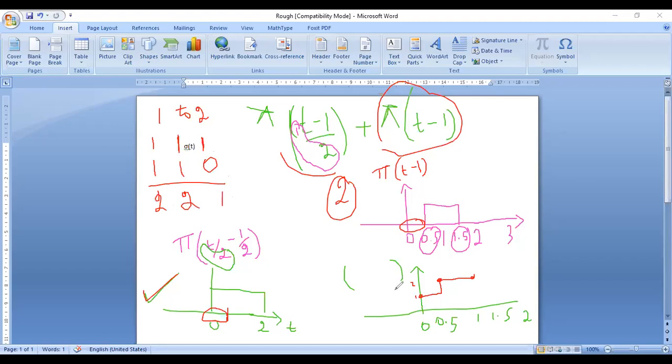Okay. So at 1, I had already taken the earlier interval between 0 to 1, so I got 2 earlier itself, and now also it is showing 2 only. So at 1, the amplitude is 2. At 1.5, my amplitude is 2. And at 2, my amplitude is 1. Okay. So now if I connect, at 2 my amplitude should be 1.